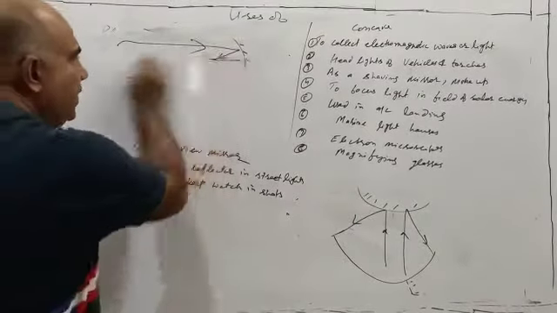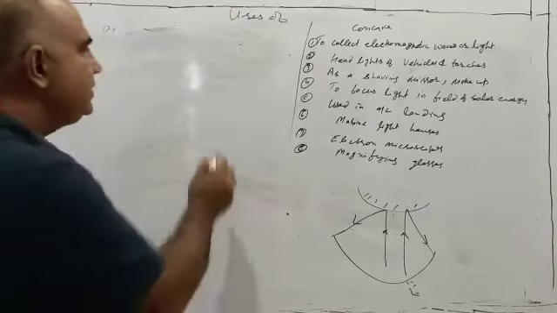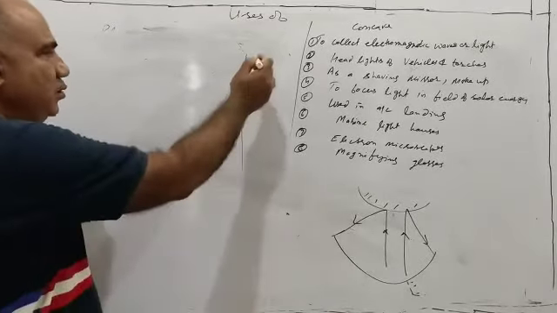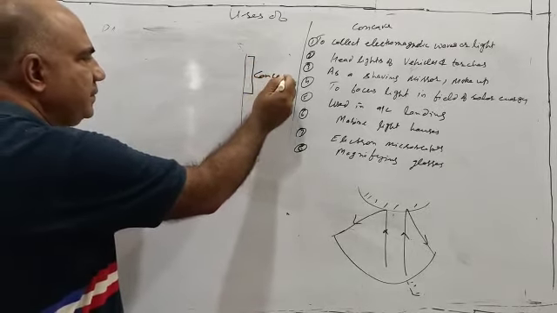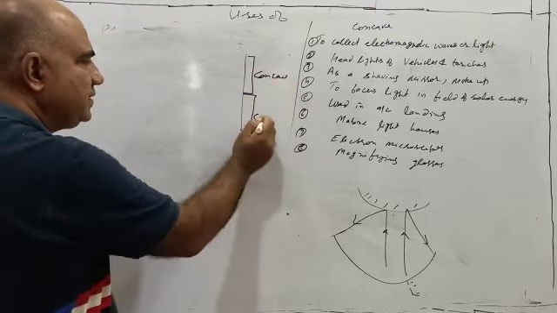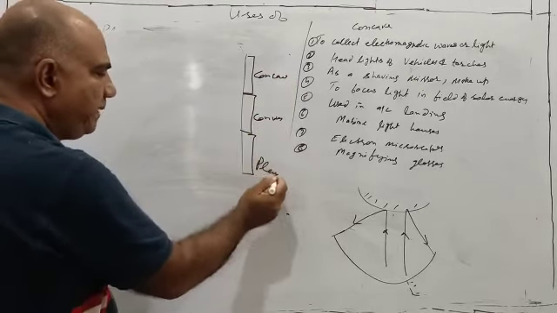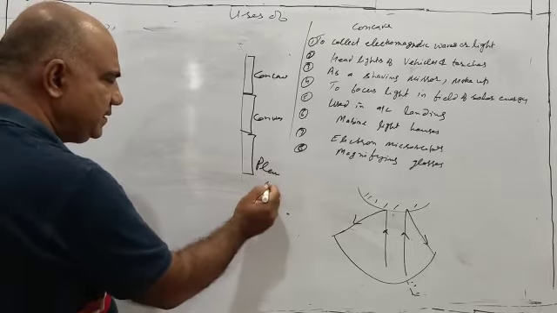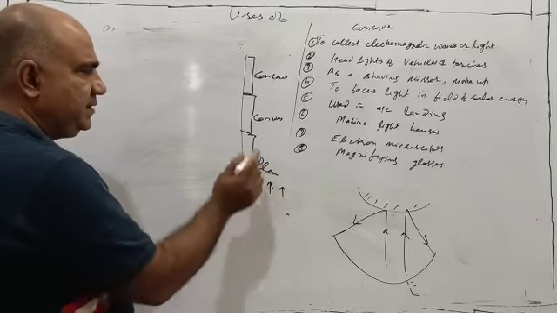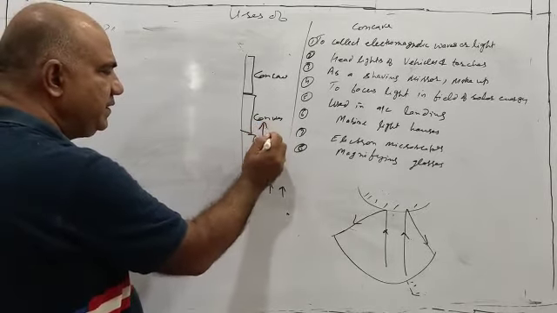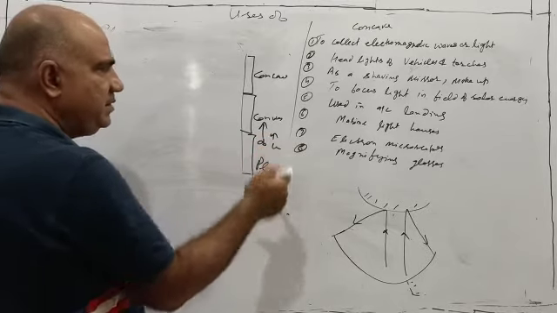Now I would like to make a point here itself, as to how to differentiate. Suppose you have a combination of mirrors, say this is concave, here it is convex, and here it is plane. A plane mirror will always make the same size. Please just remember, this is object, this is image, same size. And convex will always make smaller. This is object, this is image, always a diminished image.